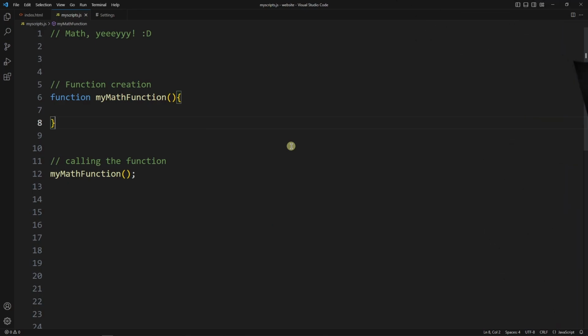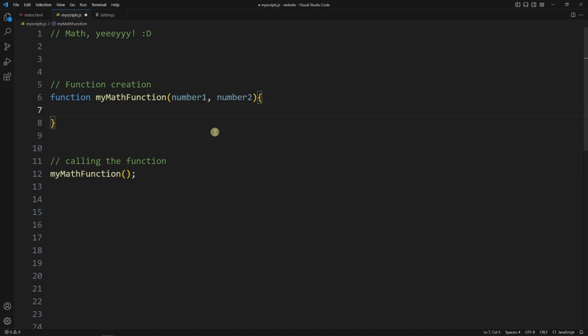And the next thing we will learn is math and functions. So it is really basic, so don't worry, you will understand this. First of all, here we create a function called myMathFunction, and here we have the calling of a function. Now let's create two parameters for our function, and we will call it number1 and number2. And remember, you can call them however you want. So you could also call them the bees and the birds, but because we are professional, we'll keep it at